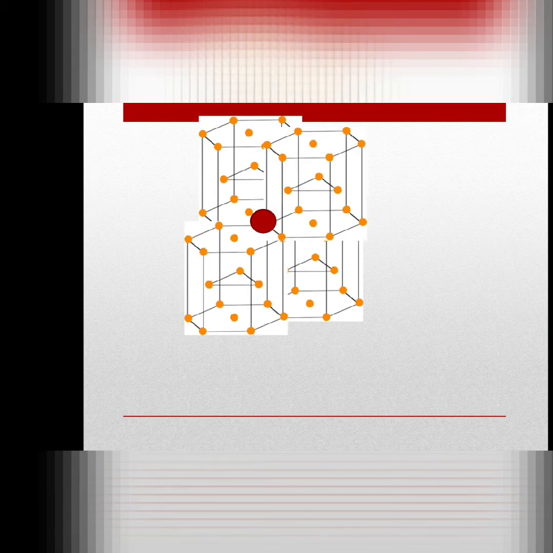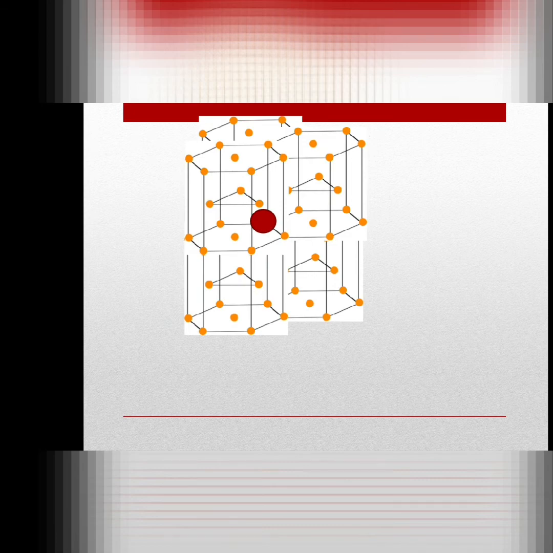Now consider a hexagonal unit cell and an atom which resides in a corner position. This corner position atom is shared by 6 hexagonal unit cells. Just see the way. First of all this, second this one. Now this atom is shared by 3 unit cells, 4, 5 and 6. So the contribution of an atom which is in corner position of a hexagonal unit cell is 1 by 6 per unit cell.